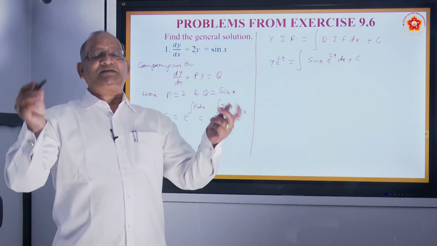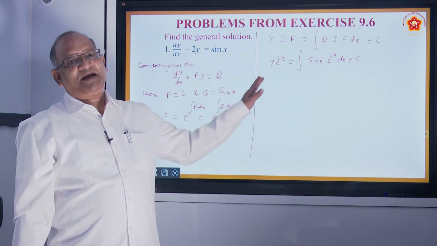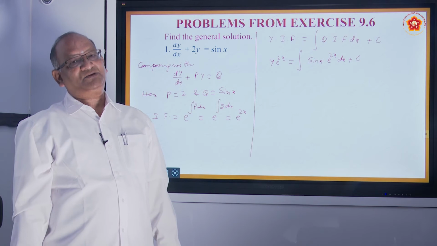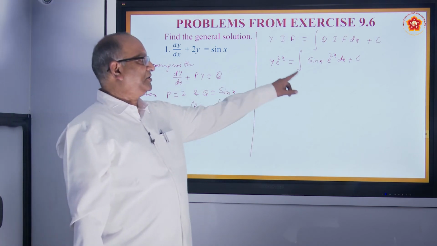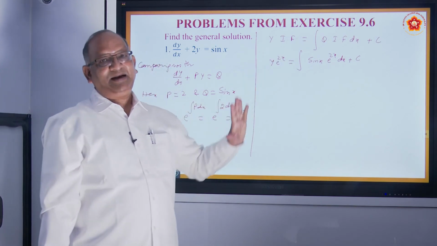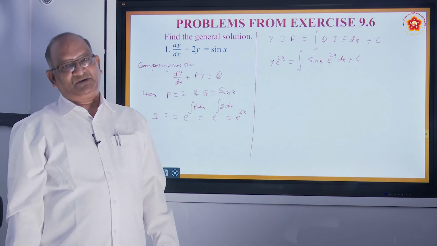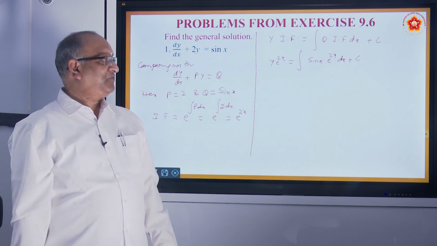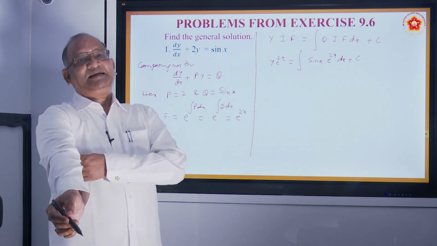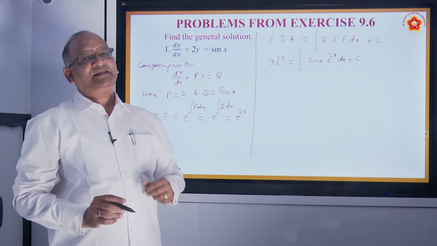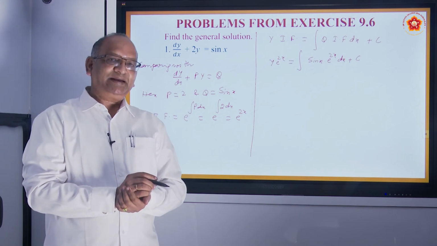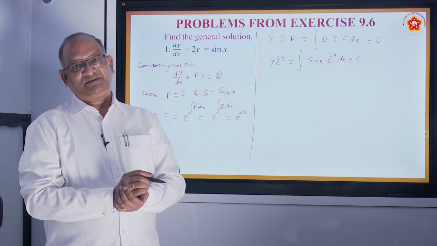So the whole process of integration we get in the end in order to get the solution. No doubt this is a solution, but unless you find the integral, you cannot say it is the actual solution. Now the question is, how do we integrate? You can find that there are two terms. One is a trigonometric function, another is an exponential function, and there is a product.